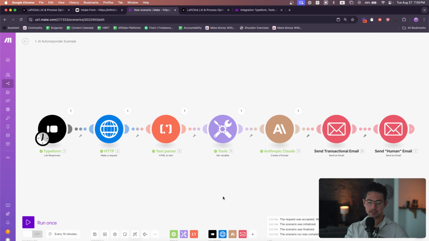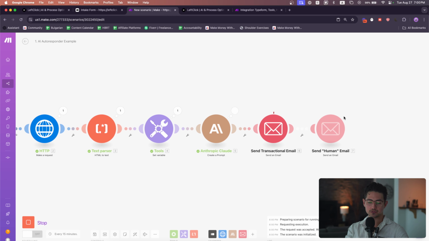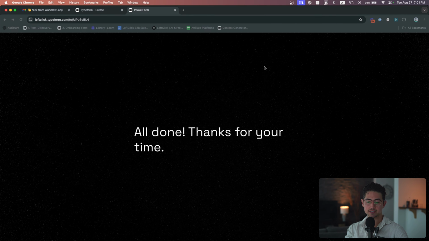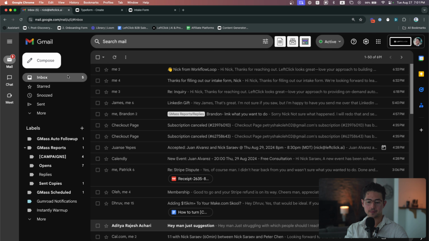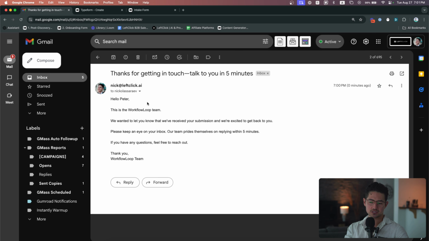And now what I'm going to do is I'm just going to run this from start to finish. Now these two email modules are right next to each other. So you can imagine how in reality, we said 5 minutes. This is like 2 seconds. So we're going to need to add some sleeps, but I'm just doing this because I want to show you guys what it actually looks like. Okay, great. So these are the two emails, and I'm just doing them on nick@leftclick.ai on my email address,